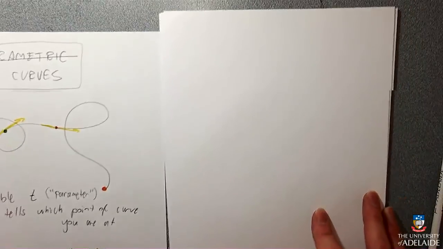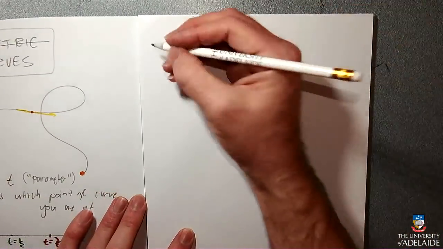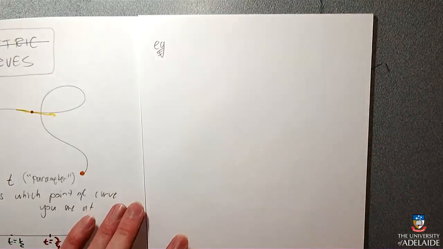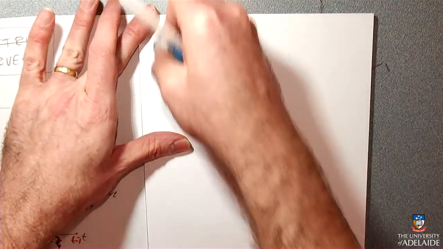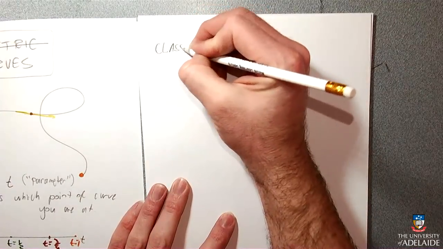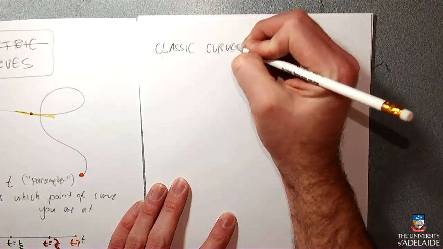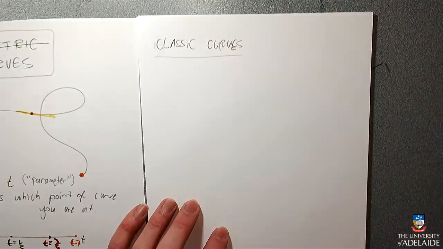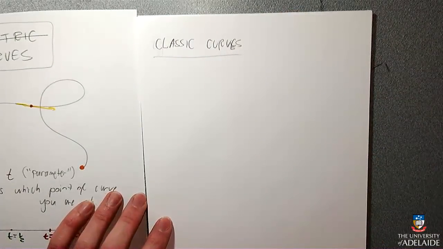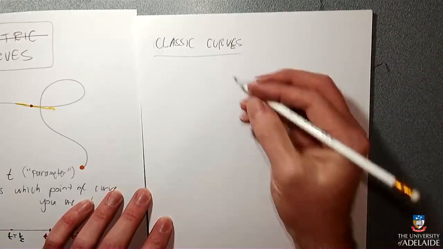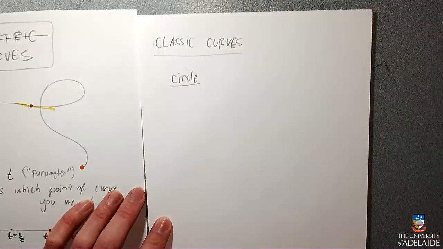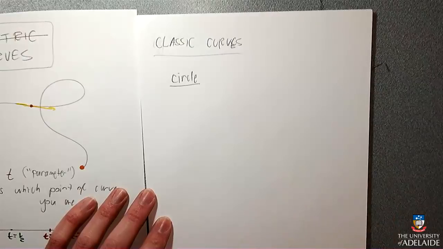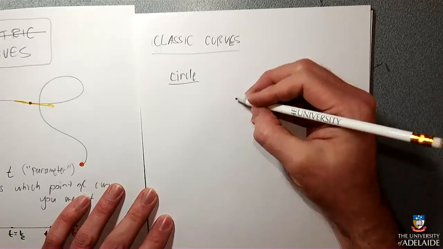Okay. So let me just give you an example of some classic curves. There's a really cool classic curve which is a circle. These are the ones where you go, yes, I remember that one. A circle is one of your classic curves, and it's one of the ones that you should remember for the rest of time, how you create it from a parameter. And it goes like this.